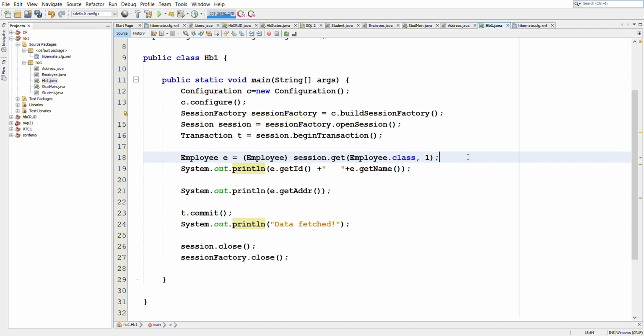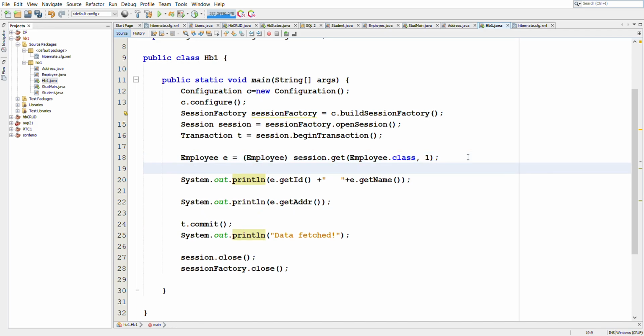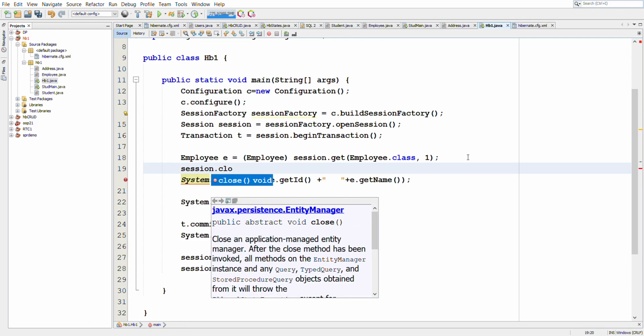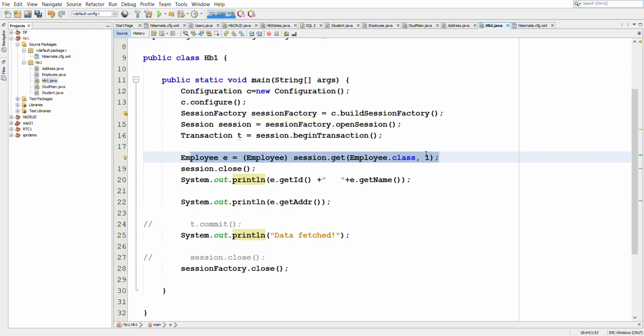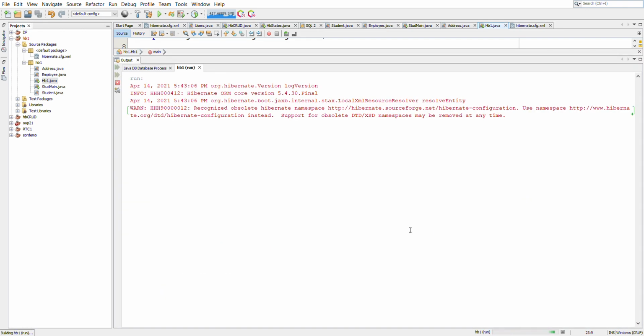Now, let's say I close the session after getting the employee object from the database. So here, I call the close method of session, instead of closing it at the end. There's no need of commit because we are just fetching data. So now we are getting the employee object with the ID 1, and then we are closing the session, and then we are printing the ID and name. After that, we are printing the address. Now if we run this code,